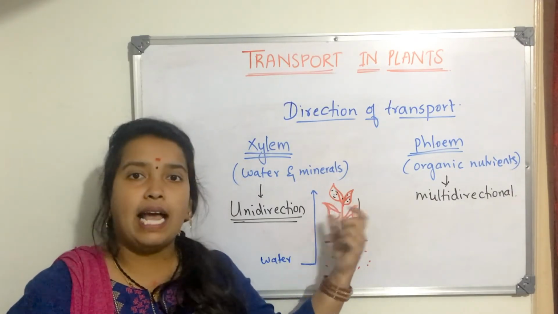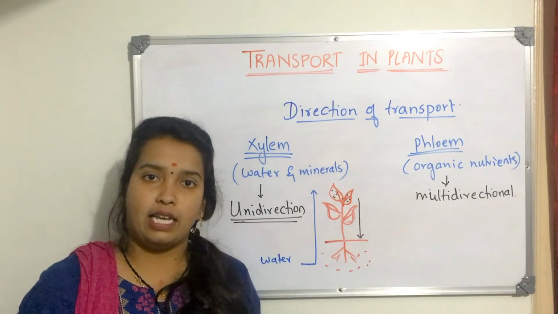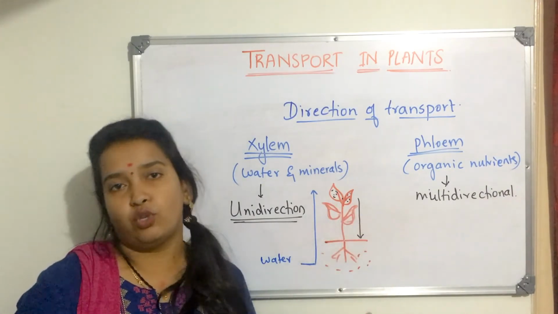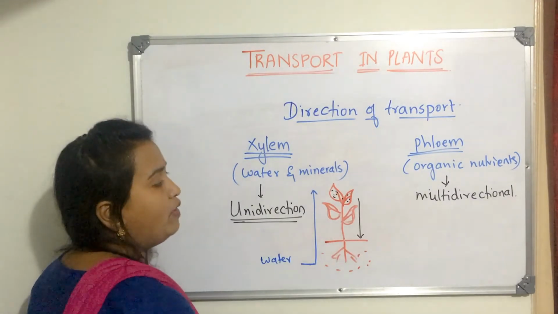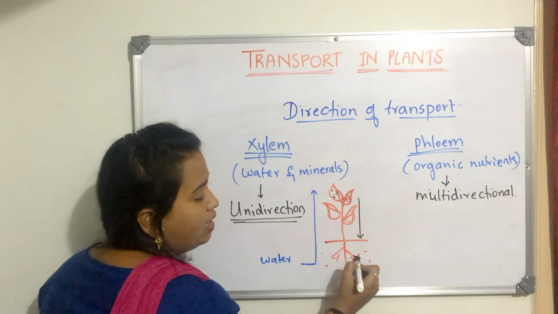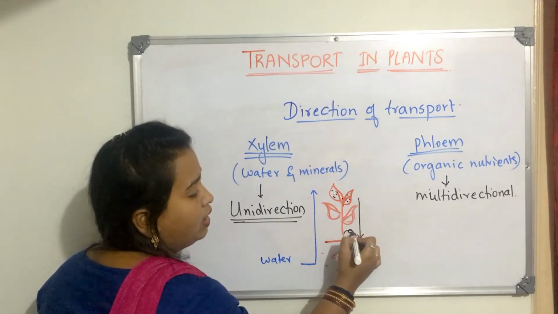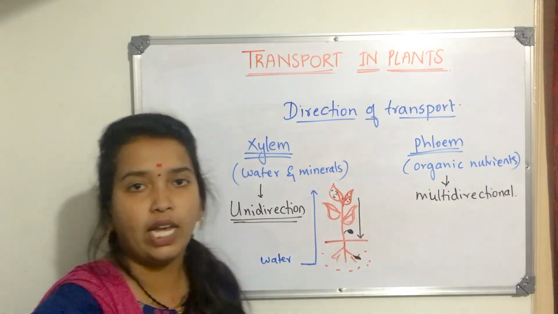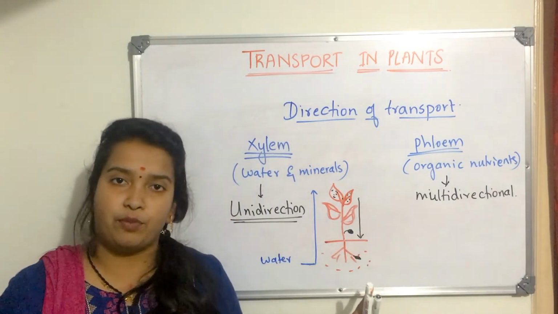So when the plant has an excess of food produced already, instead of using everything, it will store it. So when it is storing, obviously it will store in this direction. It may store it in the root here, or it may store it in the fruit here, right? Or in the modified stem or anything. Okay, so this can be done in a unidirectional process.